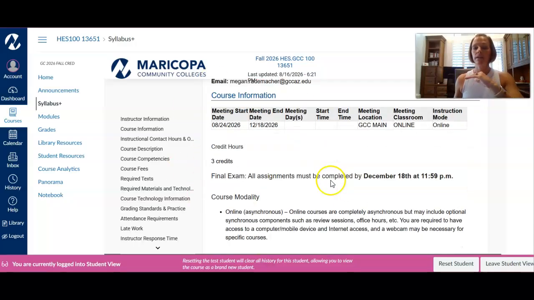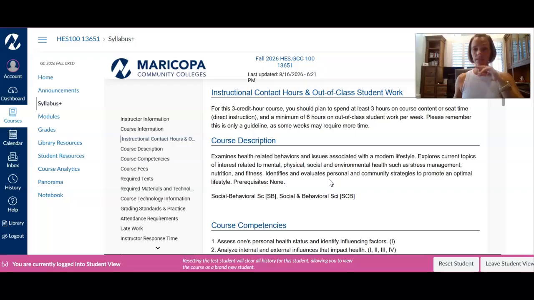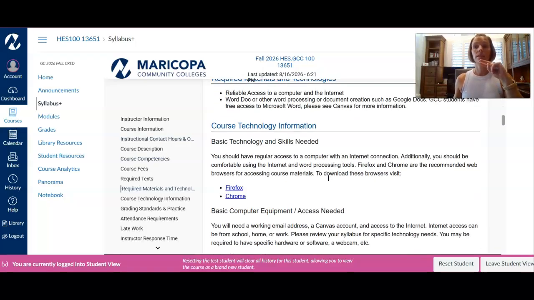How to get a hold of me. Again, we talked about that. Second really important thing was the late work. Third important thing, no textbook for this course. Woohoo! Everything you need is in your module, in your reading material. We use open educational resources. Sometimes you'll be reading online. We have a textbook in Google Docs that we kind of created for this course. You'll be using online resources and a variety of things. So you do not have to pay for a textbook.